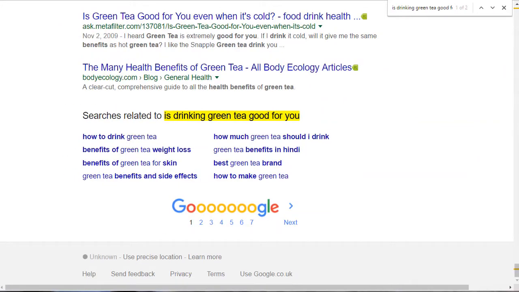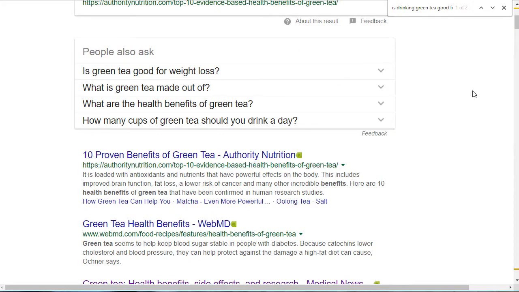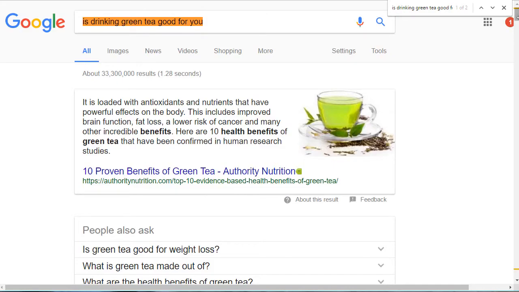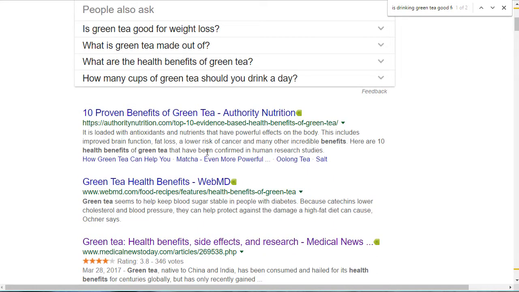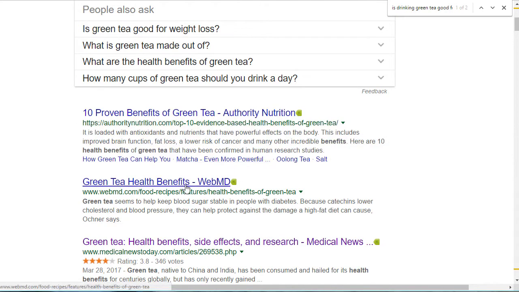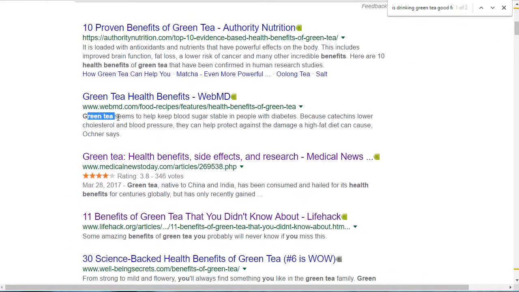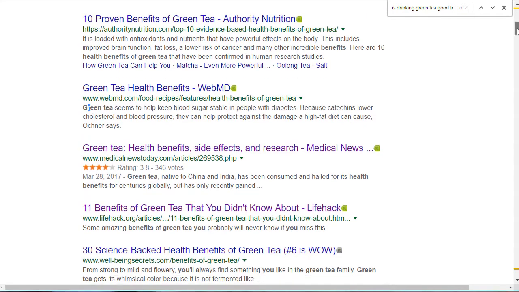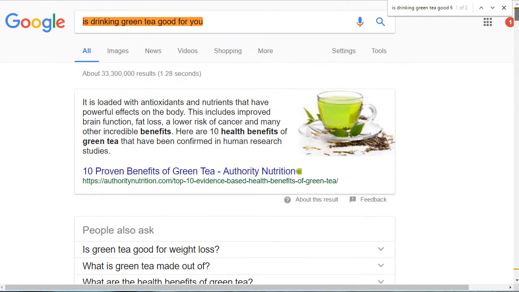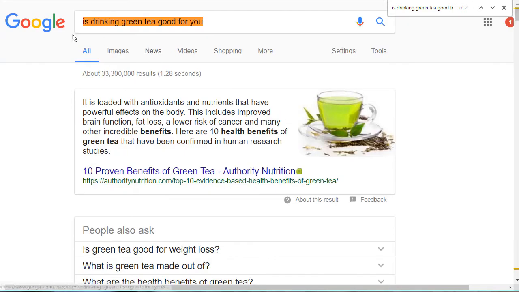I'm not sure whether you understand how the description is generated in the Google SERPs. Usually Google, if the keyword phrase that is being searched for, in this case is drinking green tea good for you, if it appears in the meta description, then that will be used as the description you see here. If it's not in the meta description, then Google will try to find this exact phrase somewhere on the page, and it will then create its own description based on the text that includes that search term. Well, we've just seen with this particular search that that search term doesn't appear in any description. Therefore, it's unlikely to appear exactly as this, is drinking green tea good for you, on any of the top